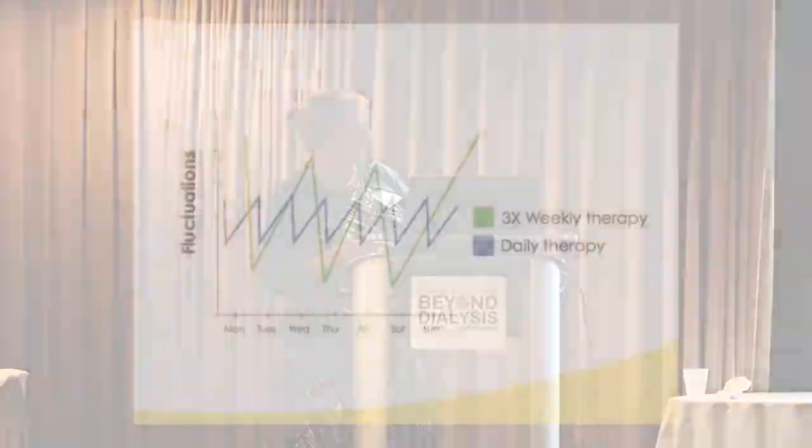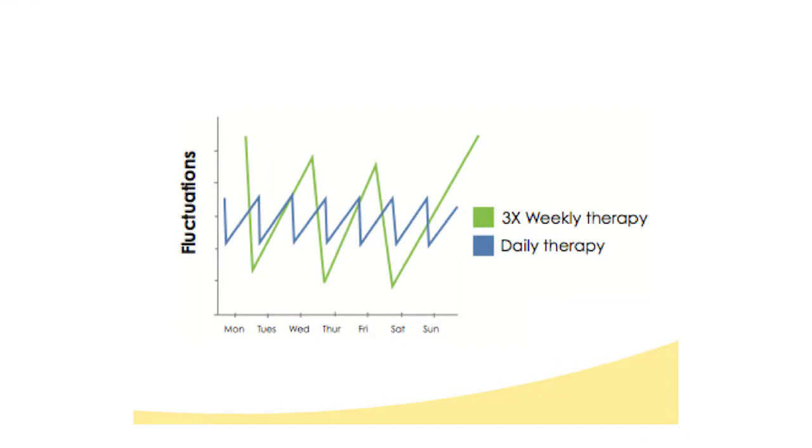And why are there improved parameters in patients with home hemodialysis? Because daily therapy, as you can see in the blue lines here, results in much fewer fluctuations in any of the measures that you can do. You can plot fluctuations in blood pressure, fluctuations in body water, the dry weight, fluctuations in potassium, sodium, any of the parameters you plug in. When you're on in-center three times weekly dialysis, you have large fluctuations, whereas home dialysis or daily therapy is associated with